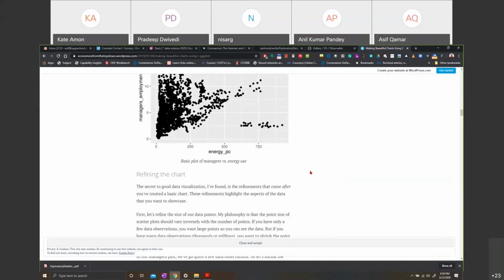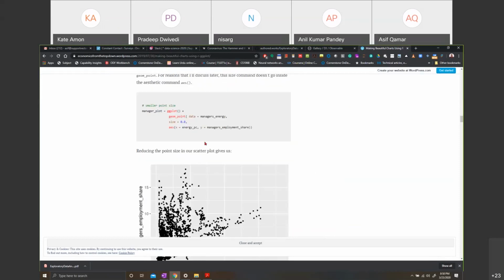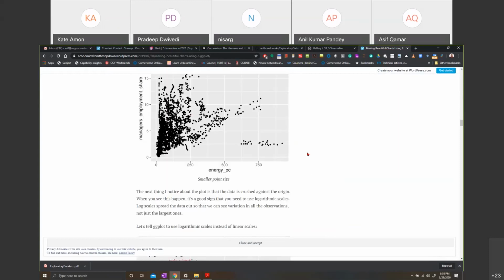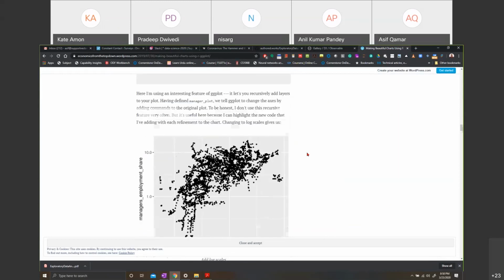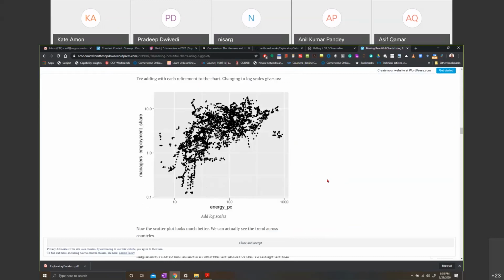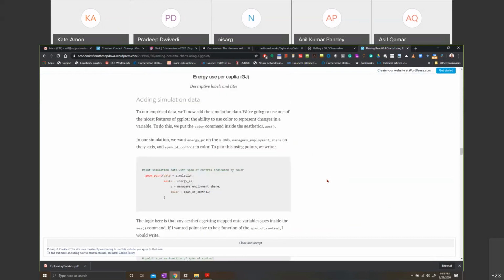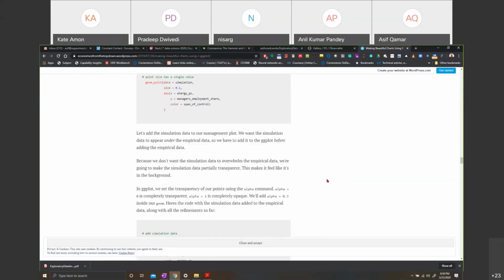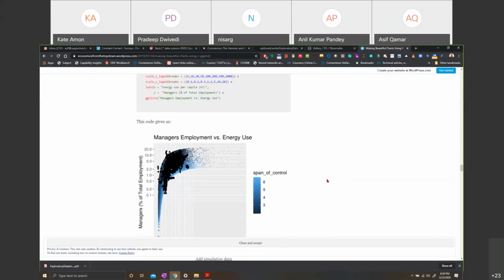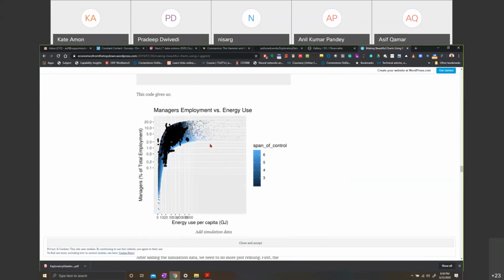And then this looks pretty ugly, black and this. How can you make this chart better? You start now adding, make the dots smaller, right? Adding colors, right? And then obviously the next things would be, and you can scale it by log. You can do a scale distribution and so forth. I assume at some point he'll get into colors, I hope. Yeah, he's getting into colors and so forth.